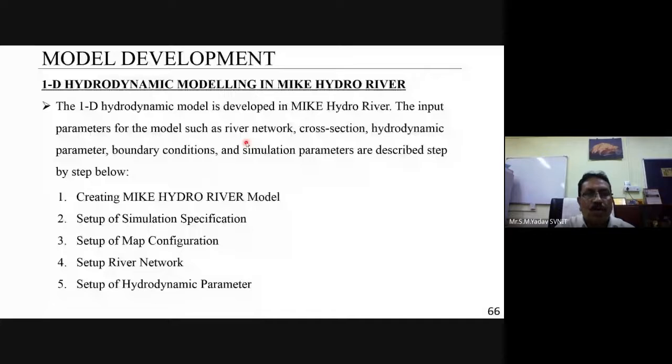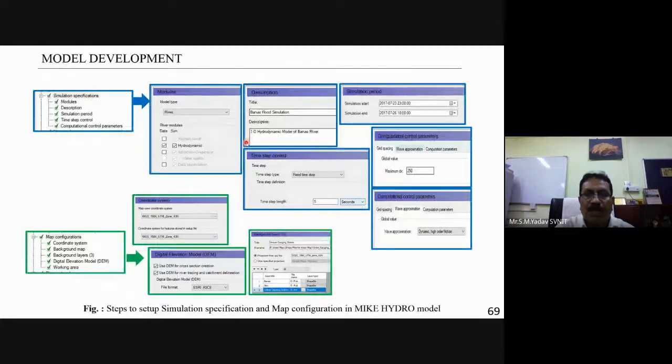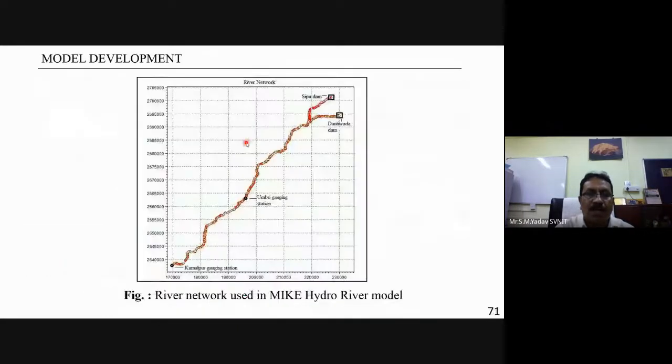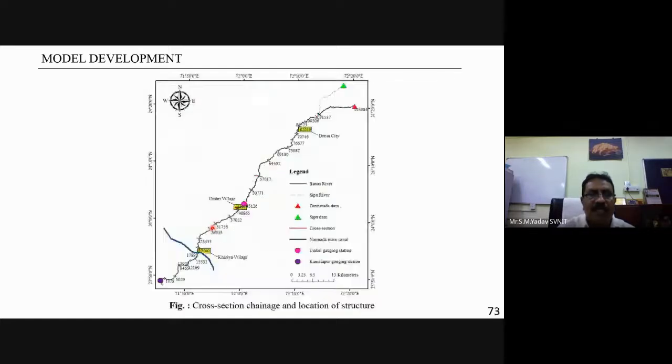Right. So a 1D hydrodynamic model has been developed using Mike Hydro River. These are the steps for development of the 1D model. This is the river network. You can see here the Sipu Dam, the Dantiwada Dam, the Umri gauging station, the Kamalpur gauging station, and all the cross sections that we have taken. These are the chainages of the Dantiwada Dam, Sipu Dam, and the Deesa village. This is the Umri village, and this is the Kharia village where